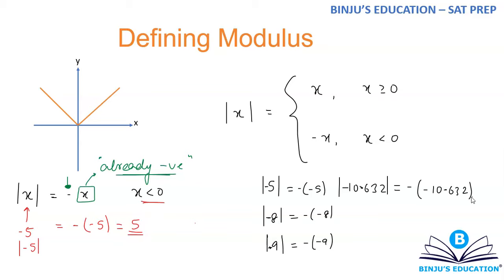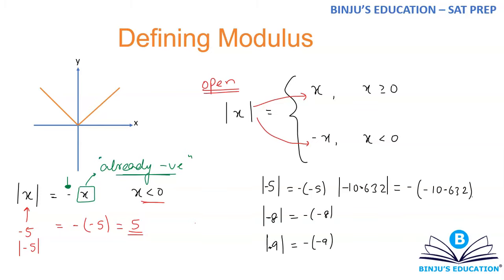That's why the result is positive. Okay, so what does mod represent? It represents distance. Since it represents distance, this is how we open the modulus: mod of x is equal to x when x is non-negative, and mod of x is equal to negative x when x is negative. Why negative? Because the quantity x itself is negative. In order to make it positive, I have included one more negative sign in front of it.